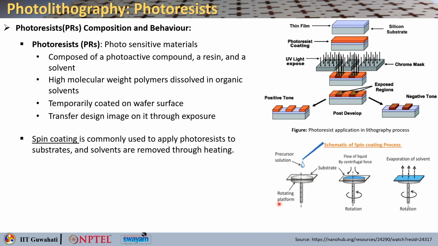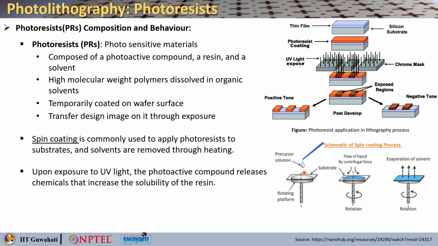Now, how do you apply the photoresist? You basically use the spin coating method. So, this is nothing but a rotating platform, okay, on which you have the substrate. On top of that you put this precursor solution and then you spin coat it. So, from the centrifugal force you will get a very uniform spread, and after that you expose to UV light,